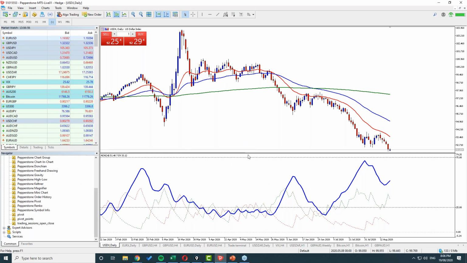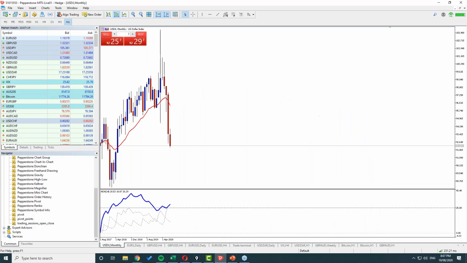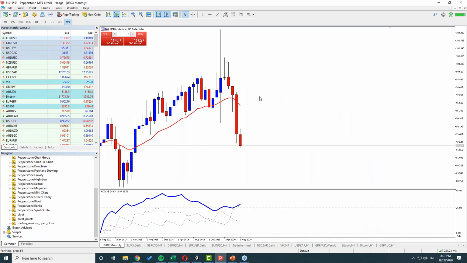So here is the US dollar index, and Tyron, we have ADX on this, and we're going to be talking about that in just a minute, but I want to just show everybody, obviously we are in a daily downtrend here. The US dollar has been weakening, and everyone will be very well aware of that in terms of how much the price has moved down over the last couple of weeks. The reason we always talk about top-down approach is actually it's best to start on monthlies, and the reason we like to start on monthlies is it gives us just a very clear picture of what's happening with the trend.